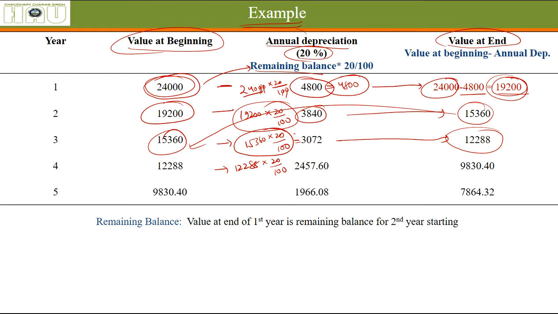Alright, just remember, annual rate of depreciation is same and rate is same, the value of depreciation will reduce. And how to calculate that value, that's all. How to calculate? Starting balance into 20%, the rate. Okay, this will be the total amount of depreciation of that machinery in that year, and subtract it from the starting value, you will be getting the ending value, which will be the value for the beginning of the next year.